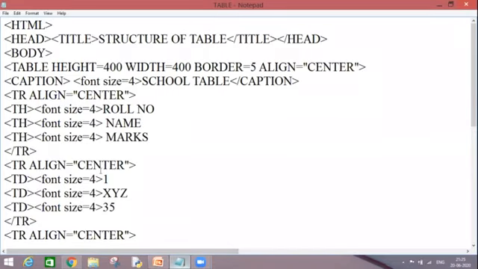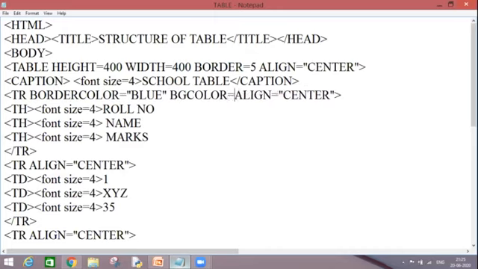This is my coding which I used for my previous video also. So inside my TR, I want to use border color is equal to blue and BG color is equal to green, right? So two attributes I have used, border color and BG color.